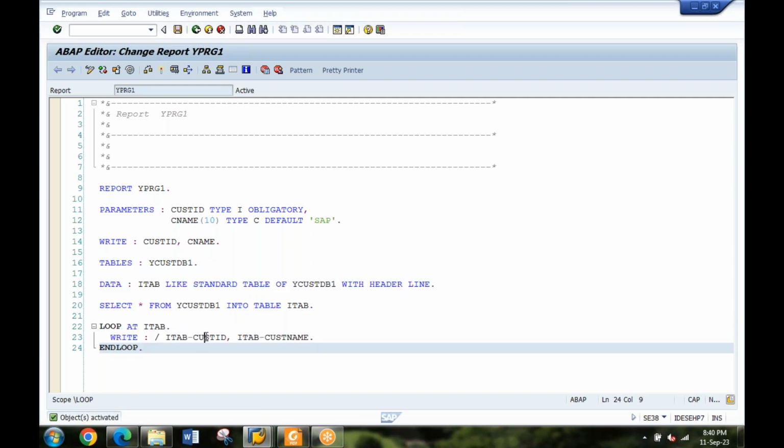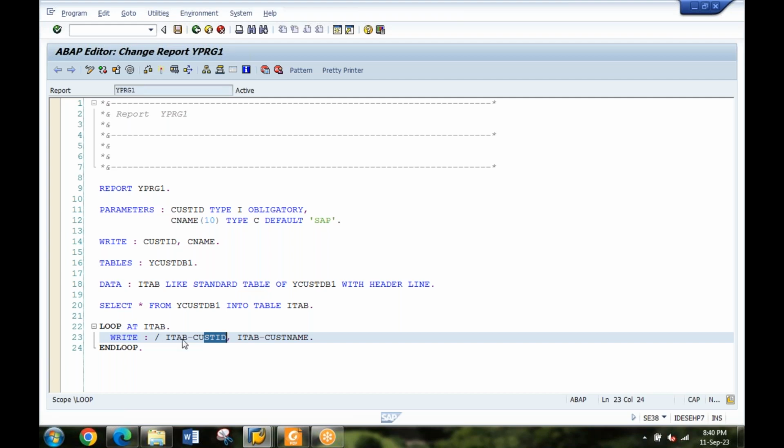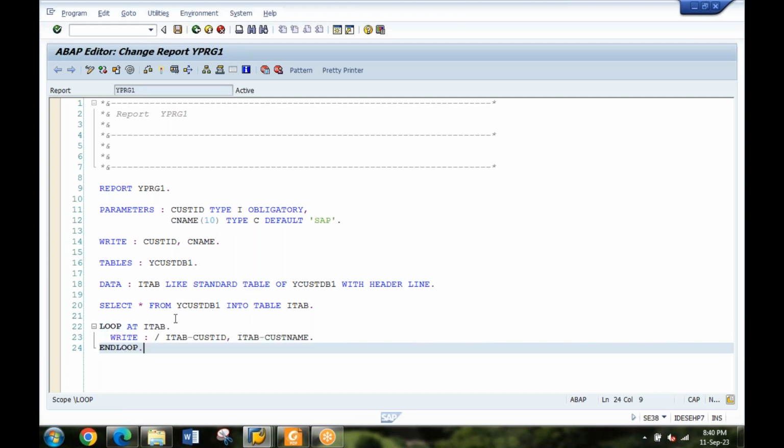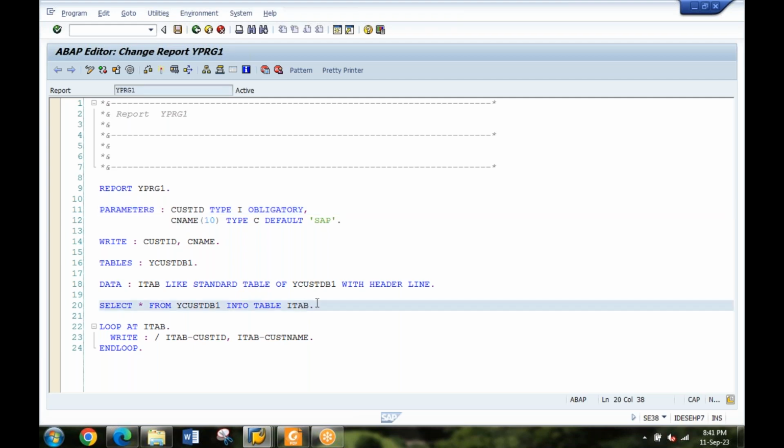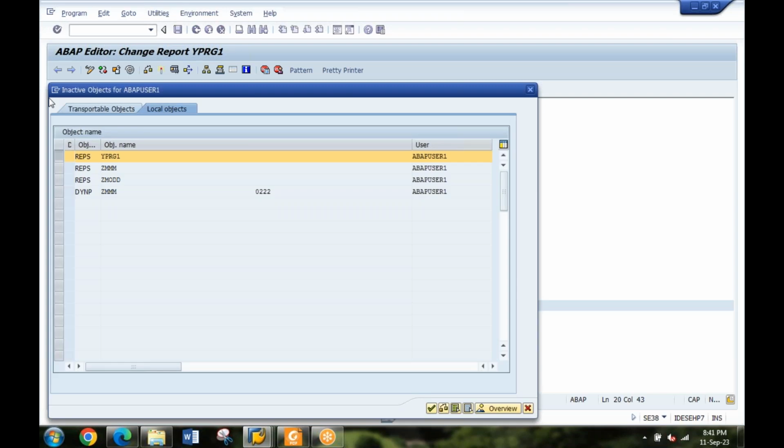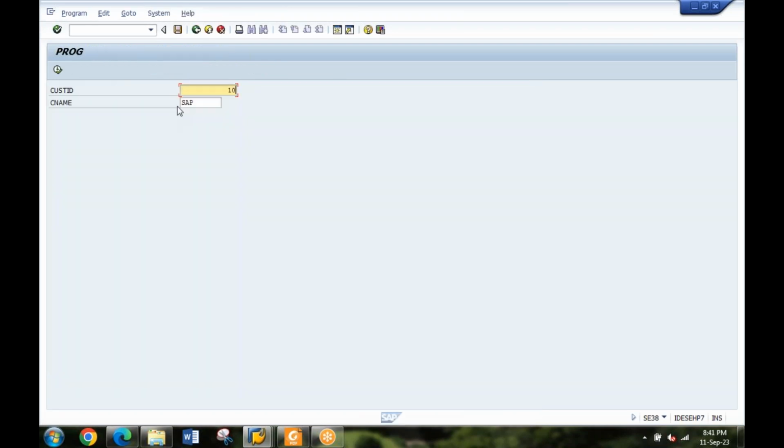Even right now, I was getting all the records. If I have created this selection screen, whatever the user is entering in the selections, in the select query, rather than seeing all the records, what I could have done is give where customer ID and the value we want. I have given a customer ID here as an input parameter, so rather than fetching all the records, it will only get the customer ID which I have defined here.